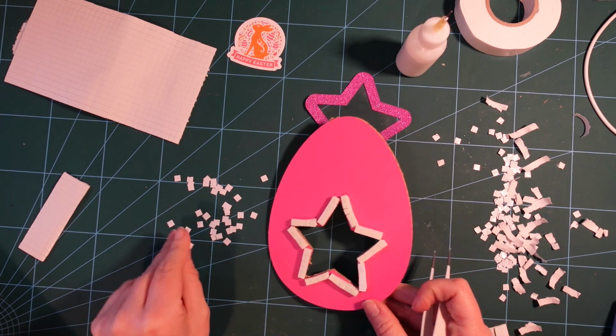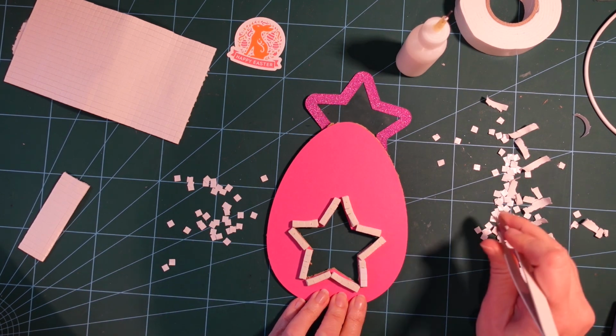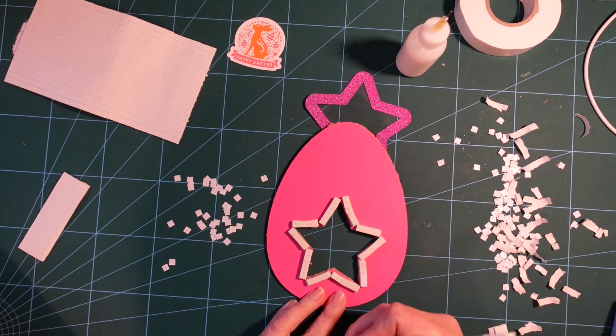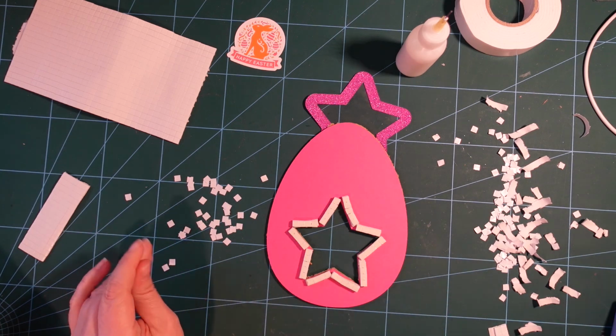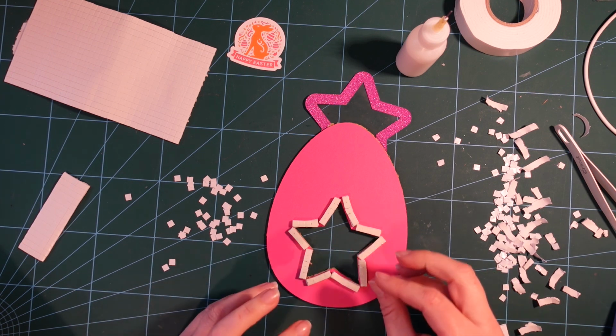Okay, so I'm nearly at the end of taking these little backing squares off of my sticky pads, and I've done 3 layers of sticky pads for my egg. Now the thickness depends on your own personal preference and really on the sweets that you're going to be using to put inside of your egg favour holder. Now I'm going to just be using millions, and they're really tiny, so they're not going to be too thick